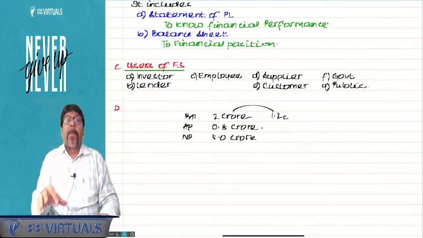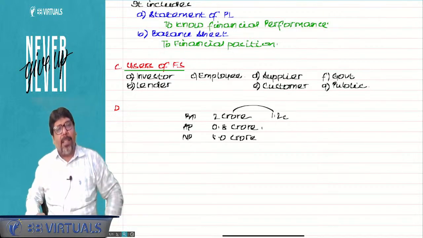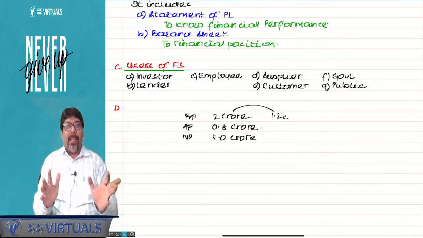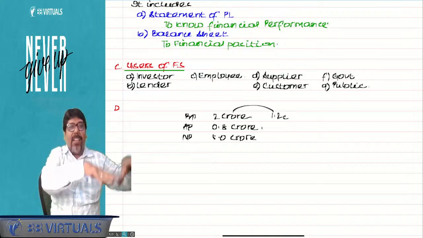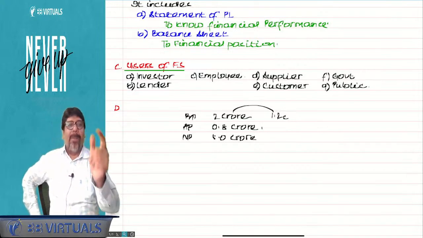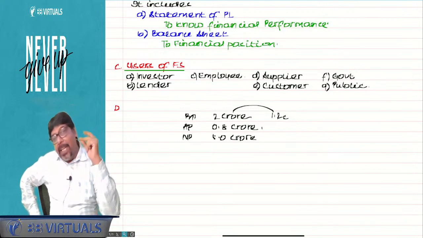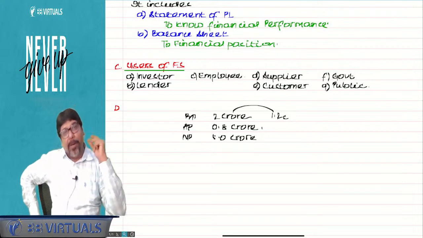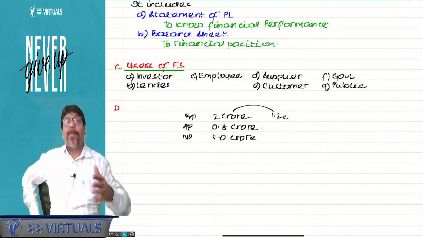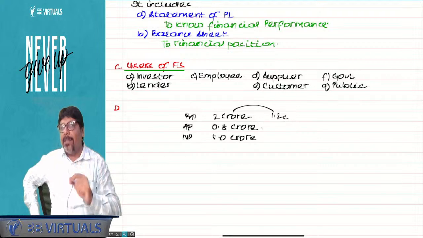Paint you're looking at. If you look at Berger Paint's financial statement in isolation, Chartered, will you understand anything? No. You have to pick up the entire paint industry. All the companies' financial statements you are supposed to see, and then check where Berger Paint is standing. Am I clear? What is the market share of Berger Paint? In which paint sector is Berger Paint doing good? What is the profit percentage of Berger Paint in comparison to other paint companies? Then you will understand whether Berger Paints is doing good or bad.